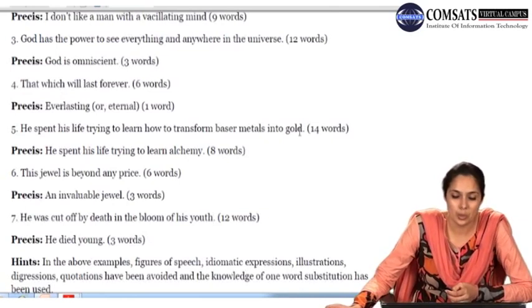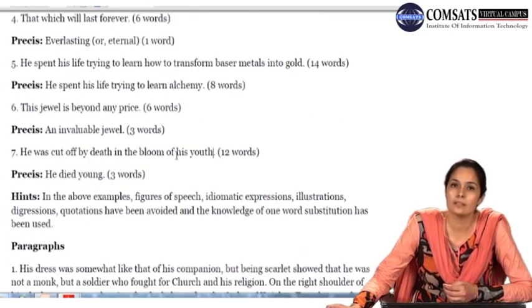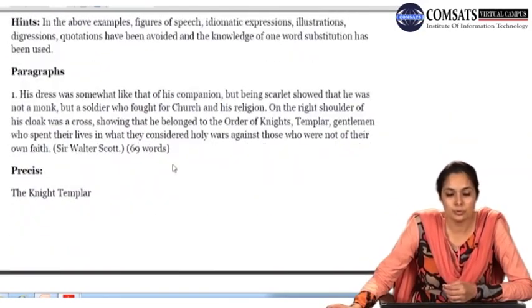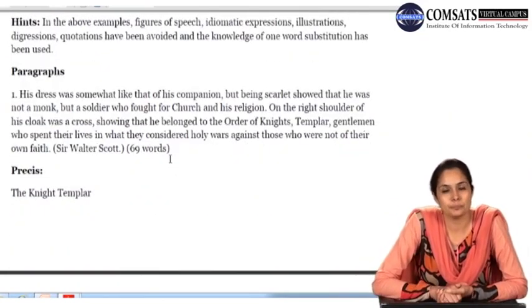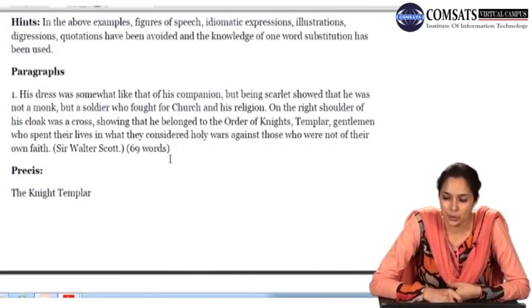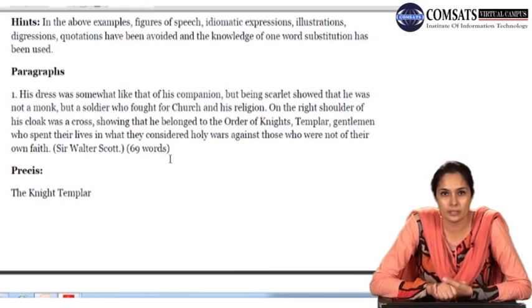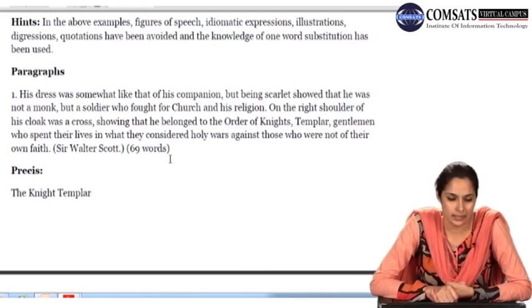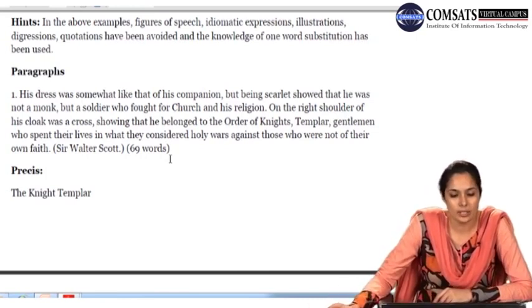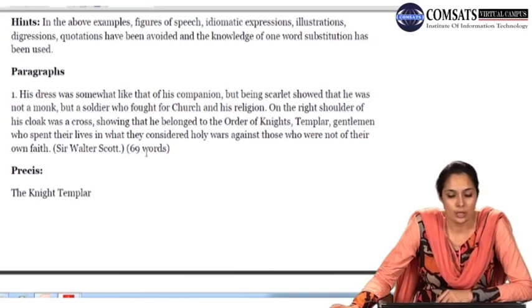Transform baser metals into gold, alchemy. Jewel is beyond any price, invaluable. Cut off by death, he died young. So sometimes you have to do this. आपका जो प्रीवियस नॉलेज है वन वर्ड सब्स्टिट्यूशंस का, वो बहुत इंपॉर्टेंट होता है, आपको बहुत हेल्प करता है बहुत अच्छी प्रेसीज़ लिखने में. सो मूविंग ऑन, वी हैव दिस लिटिल पैराग्राफ ऑफ 69 वर्ड्स फ्रॉम सर वॉल्टर स्कॉट्स बुक, और इसे